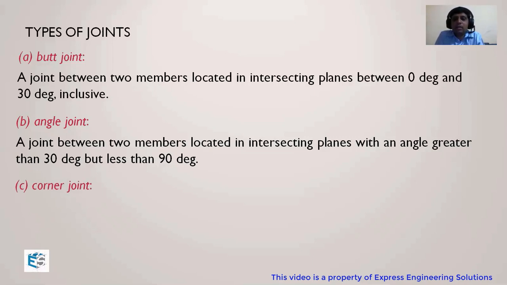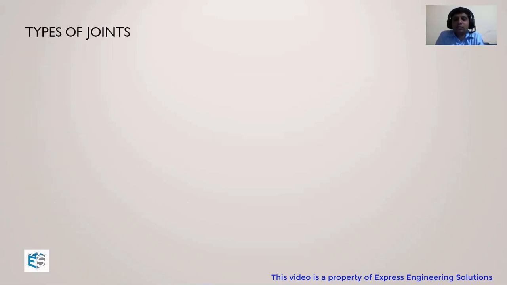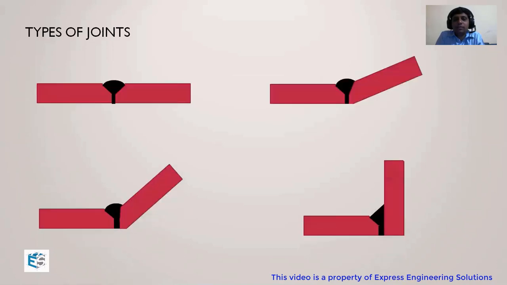And a corner joint is a joint between two intersecting members where the angle is approximately 90 degree; then we will call it a corner joint. So let's again go back and see whether you all can give the correct answers now. Let's come back to the same slide. So these were the figures. You also try at your end and write the answers, whether you are getting them correctly or not.